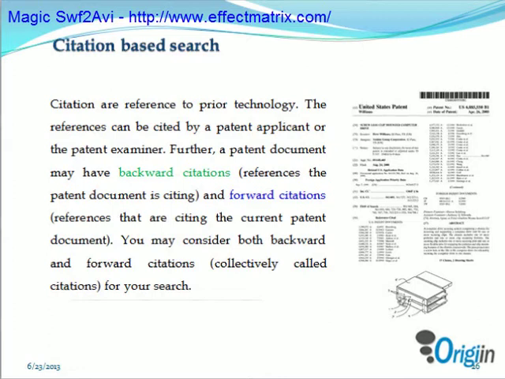So in order to carry out this exercise, extract the citations from all the relevant documents that you have found using the first two search strategies. Thereafter, analyze the cited documents to uncover more references that are relevant. If you find relevant references among the citations, then carry out the citation search exercise for all the newly found relevant patent documents. After completing the search activity using the first three strategies, you can follow up with the assignee and inventor based search to further reduce the risk of missing some of the relevant references.